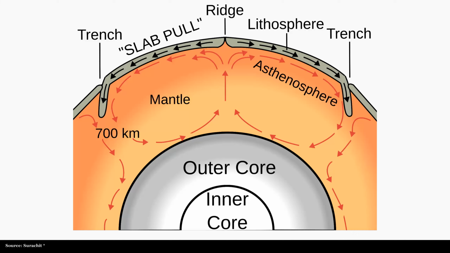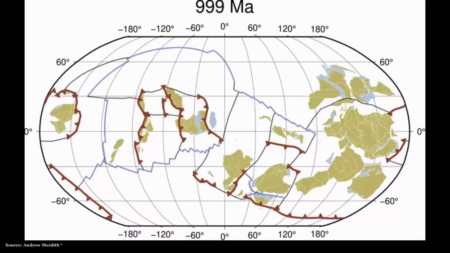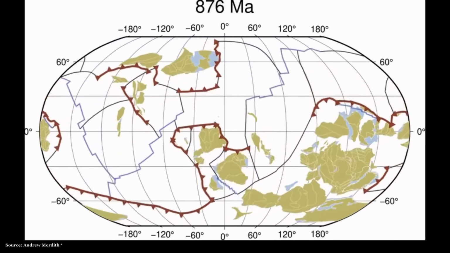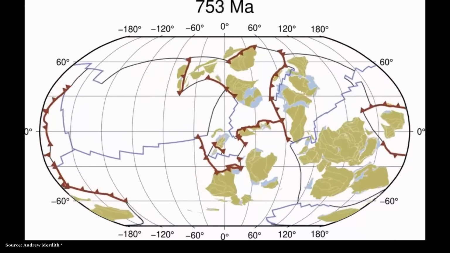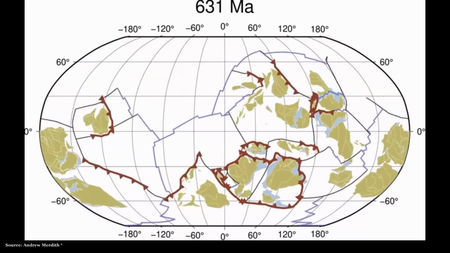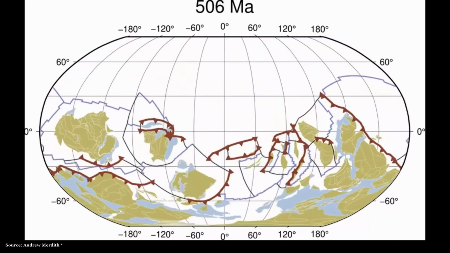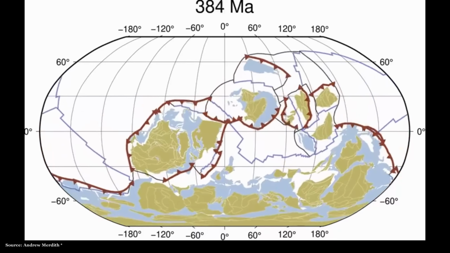The solid crust sits on top of the mantle, which is a semi-solid layer that moves due to convection from the heat of the Earth's core, and this movement of the mantle is what moves the tectonic plates around the Earth. The number and movement of the tectonic plates has changed repeatedly throughout the past couple of millions of years,